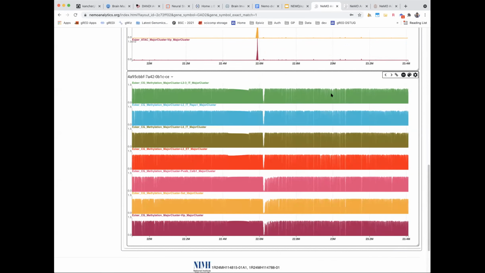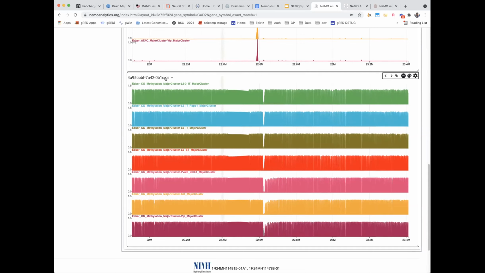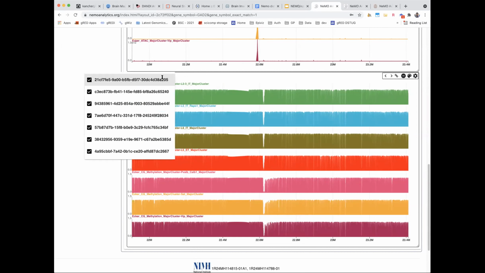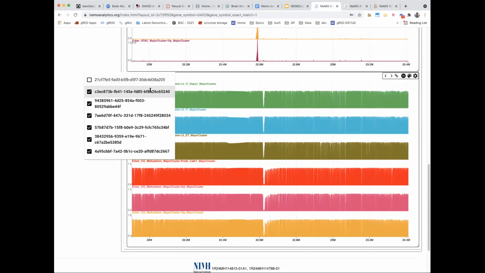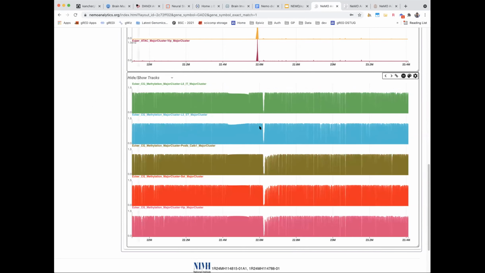You can also choose to highlight. You can also choose to set the max value for each of these tracks here, which is around 1.5, and then you can clearly see what these labels are and what those different profiles look like. There's a few things you can do. Let's say for your interest, you're not interested in all of these different cell types, you can remove these, and that should hide some of these tracks away from the analysis.